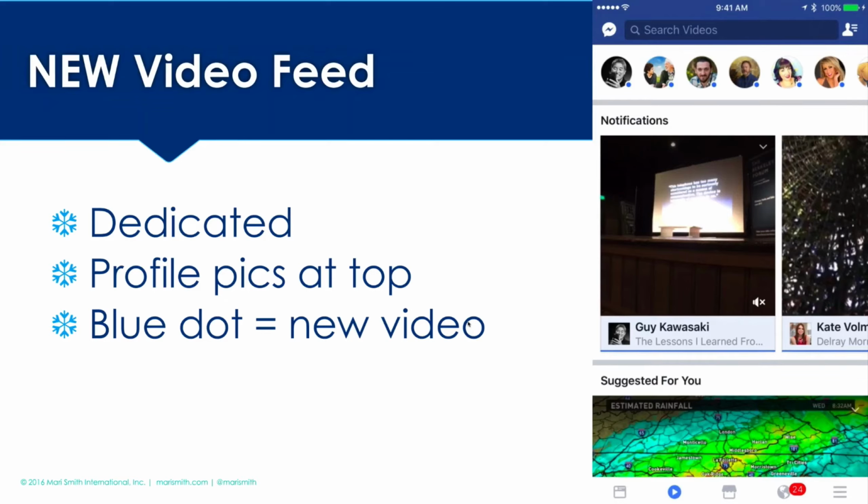There's big demand, and there's not enough space to go around. By next summer of 2017, Facebook will be pretty much maxed out with their ad inventory in the main newsfeed. So they're going to have this new video newsfeed. That's great news for business people and marketers.